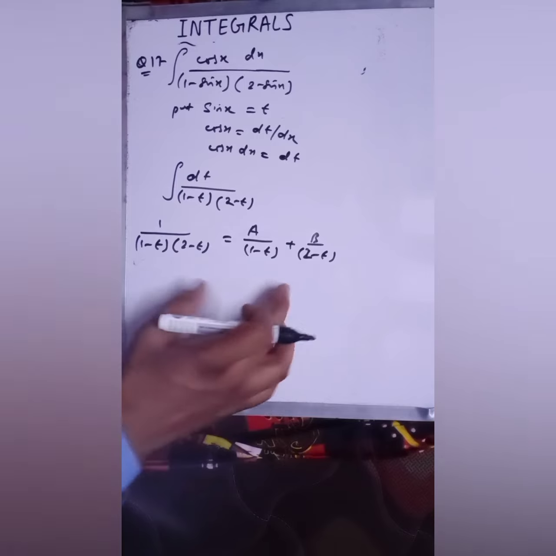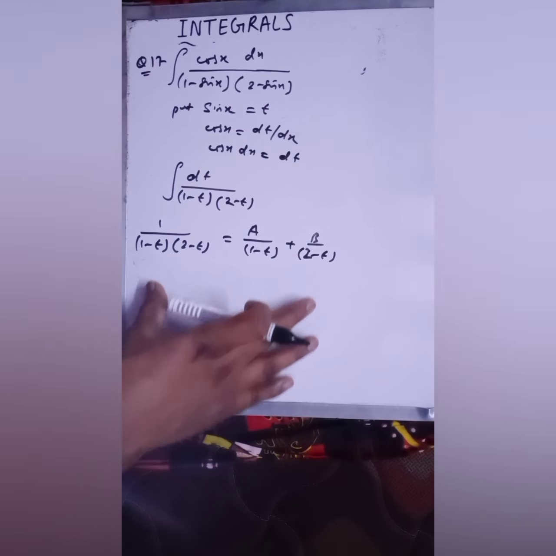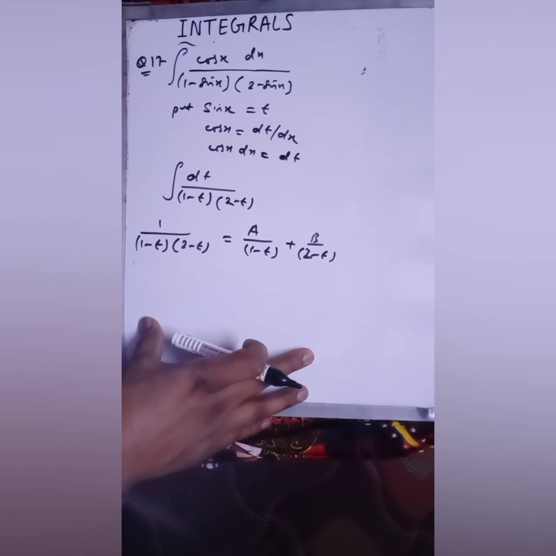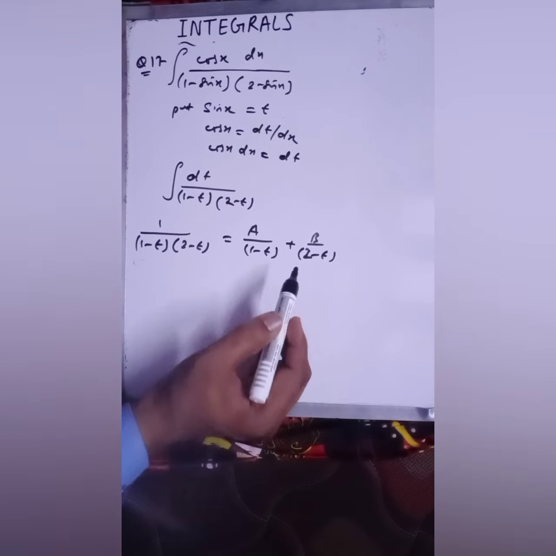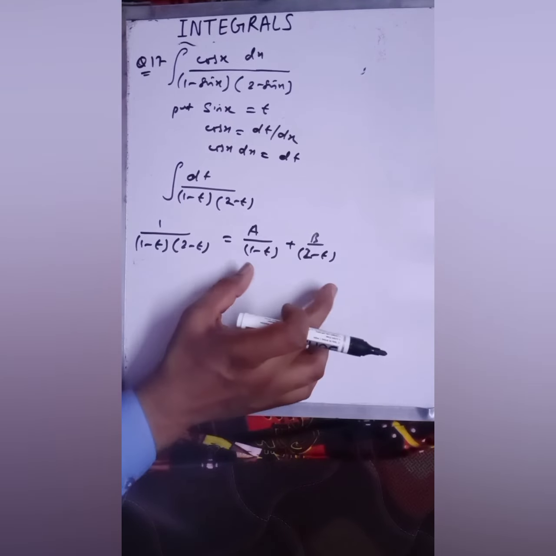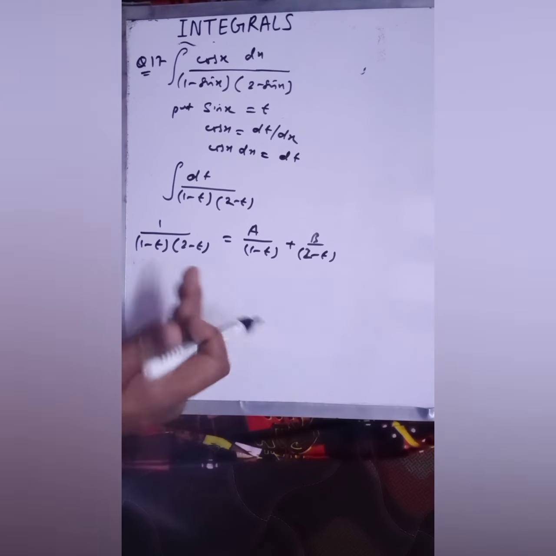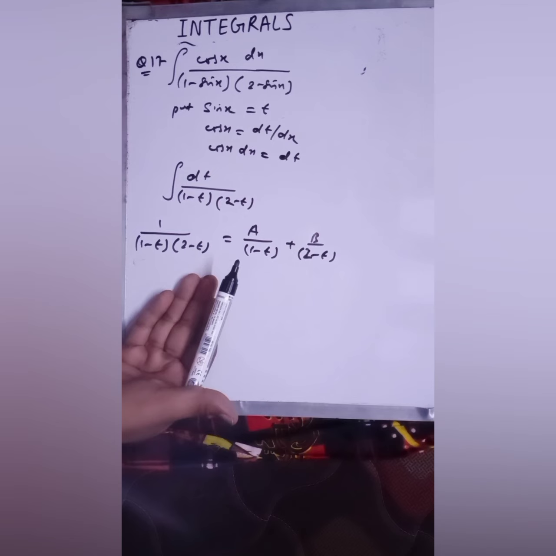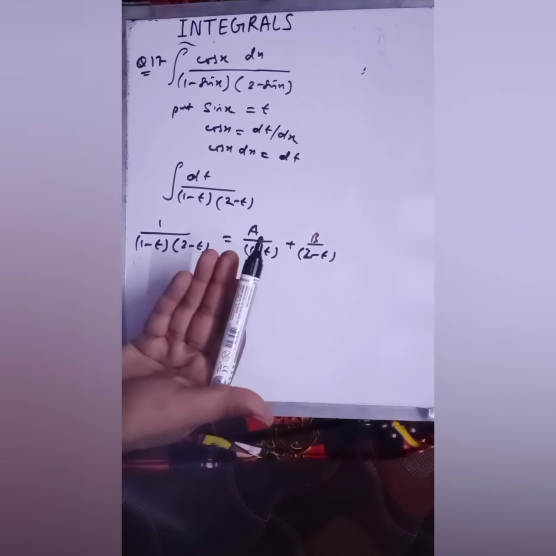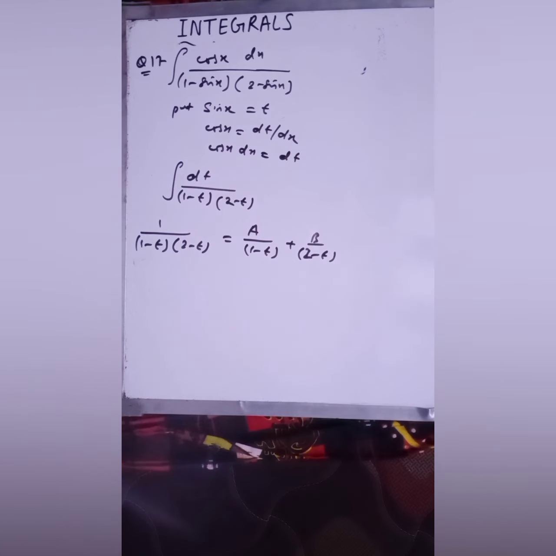And just you have to take the LCM. Fine, you have to simplify this equation and find out the values of a and b after comparing the coefficients of x square, x and constant terms. So whenever you get the values of a and b, put them in this equation and just integrate it. Okay, this is also a very simple question. This is like question number 1 now. So as you have done in question number 1, you have to apply the same trick in this question. Got it? So this is also your homework.